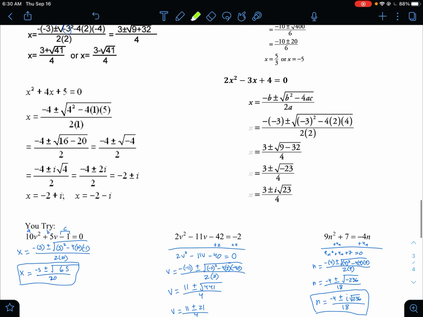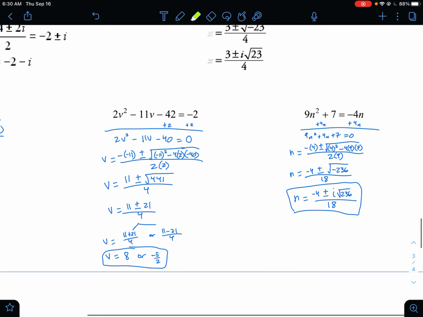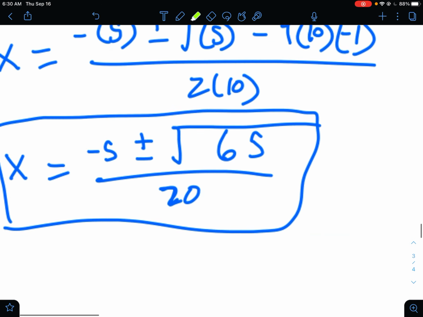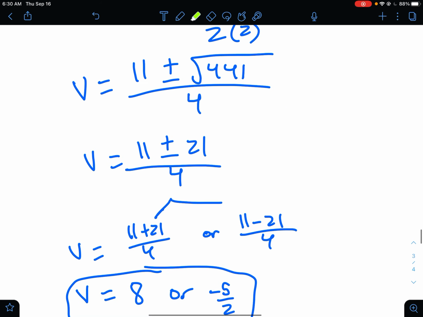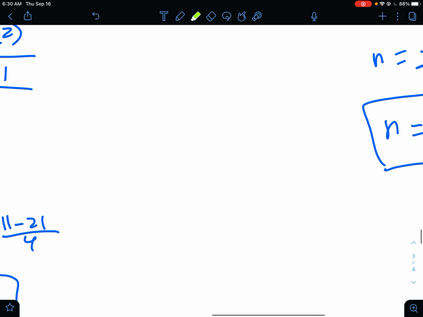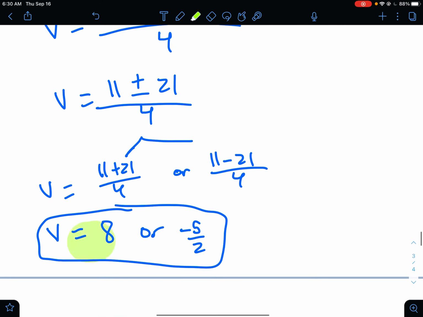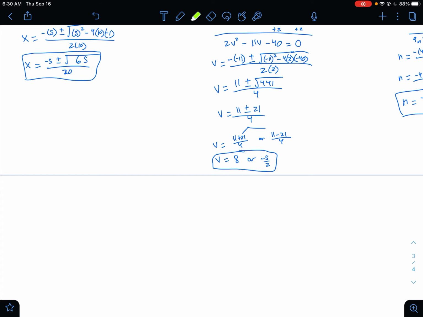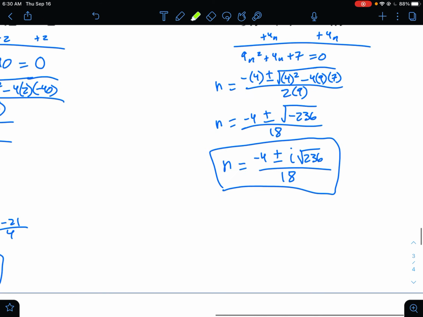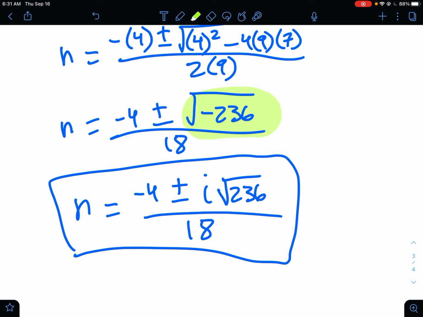But just like with the examples we're looking at, if the number under that square root is positive, like the square root of 65, the square root of 441, right? The number under there is a positive number. Then you get real answers like 8 and negative 5 halves, or this thing with the square root. Those are real answers. But if the thing under there is negative, then you get imaginary answers, or imaginary results,